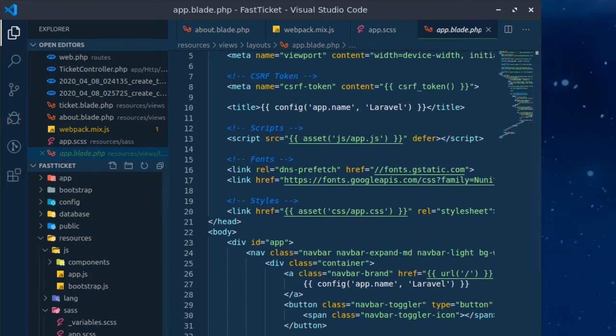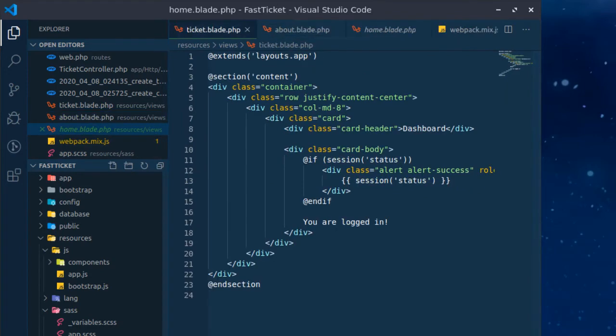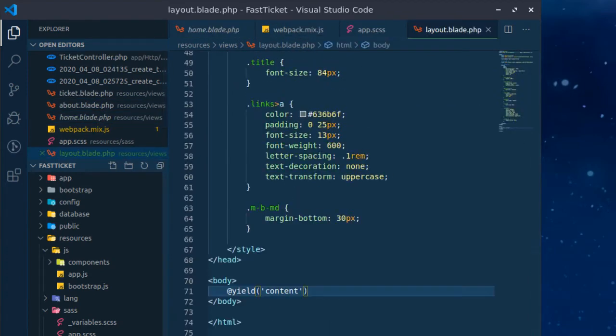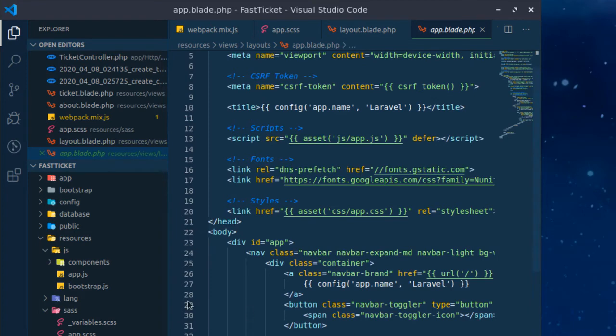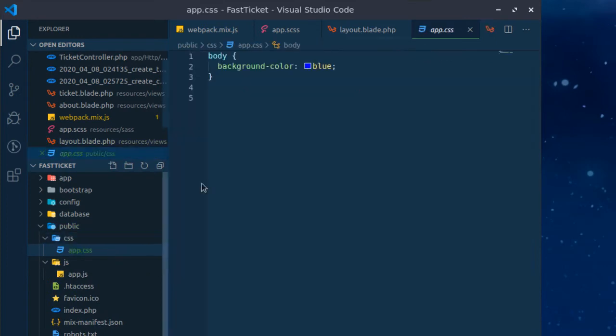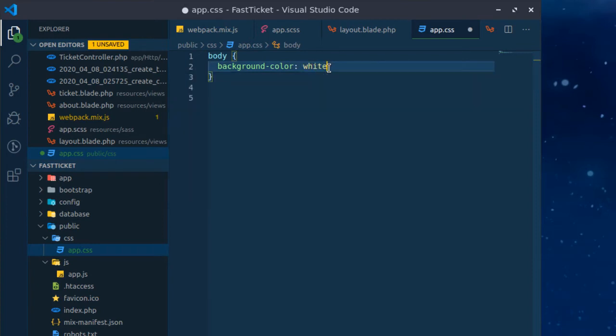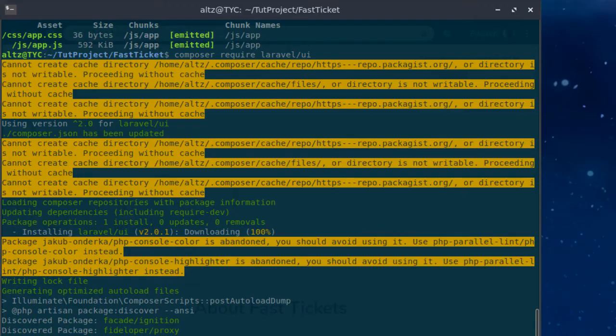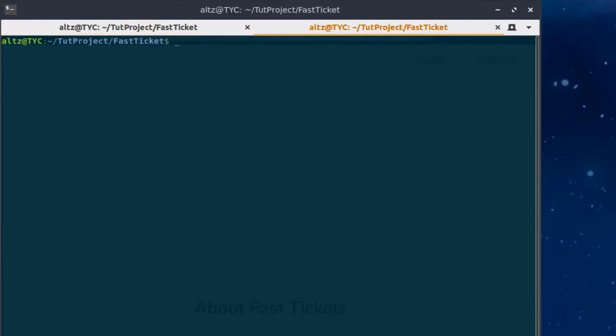Unlike the other blades that we have made, they don't share this layout.blade.php that we wrote here. Instead, they share another CSS, which is coming from public/css. This is the app.css file being pulled. So if I make this some kind of white, save it. Now I have to run npm run dev. This could be tiring, so what you can do is you can say npm run watch,